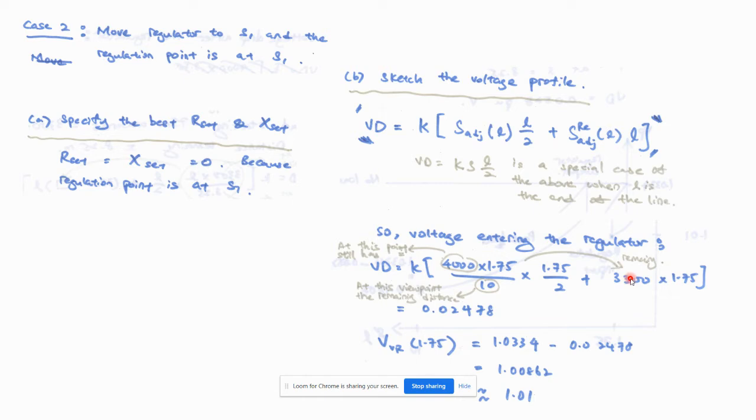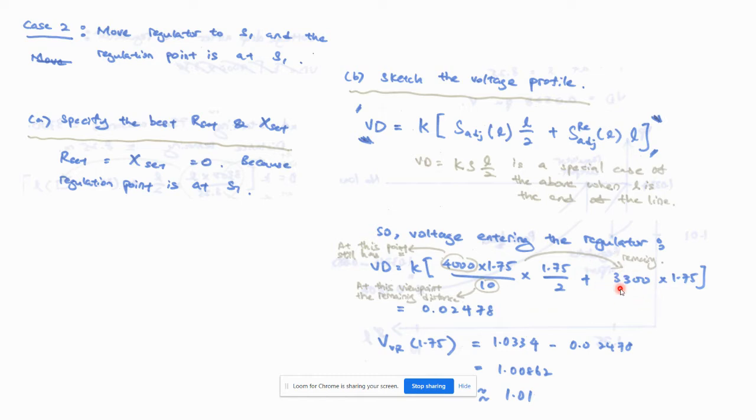But when you calculate the remaining voltage drop, you calculate the remaining as a lump load, because now we are looking at the regulator. We are looking up until the regulator only. So up until the regulator, we have uniform drop, and the remaining loading of the feeder will be considered as a lump load on the regulator. Therefore, when we calculate the voltage drop of the remaining load, we just take 3,300 multiply L instead of L